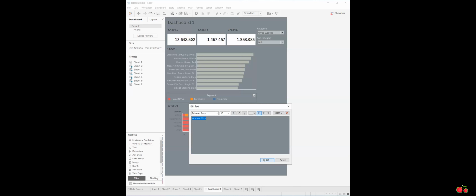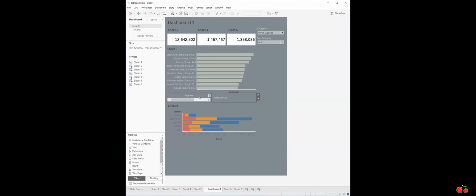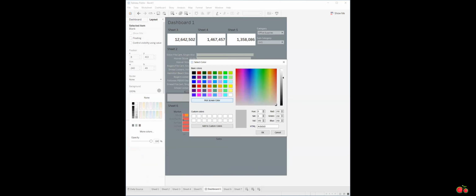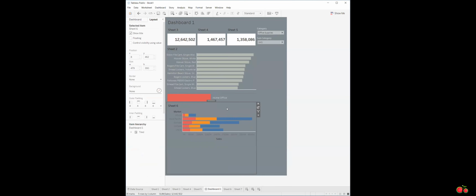So one drawback is you can't, well, let me put all this in there first before I explain it. So if you want to do custom legends, all you have to do is